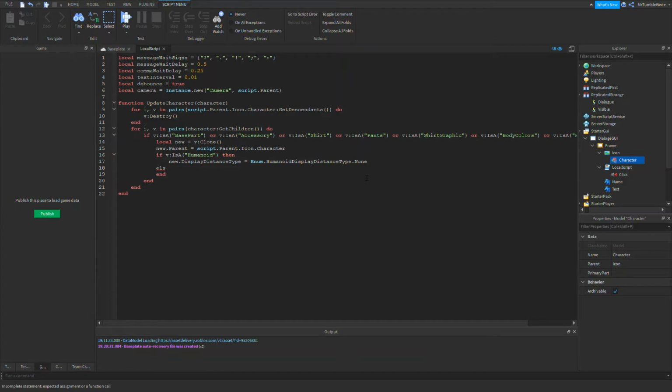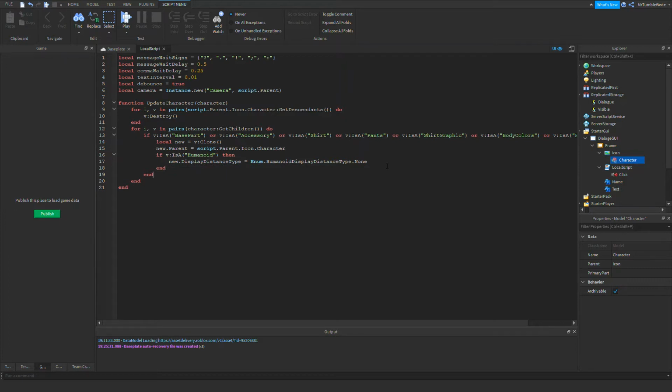So it's like else if new.Name equals Head, and then you would do new, and then you would put the name of what the billboard UI would be called, let's say title, and then you would do destroy. Okay, and it would destroy the billboard UI. That way it won't show up and it won't duplicate your name tag. But I don't have that. I don't have a custom name tag in this game, so I don't have to do that.